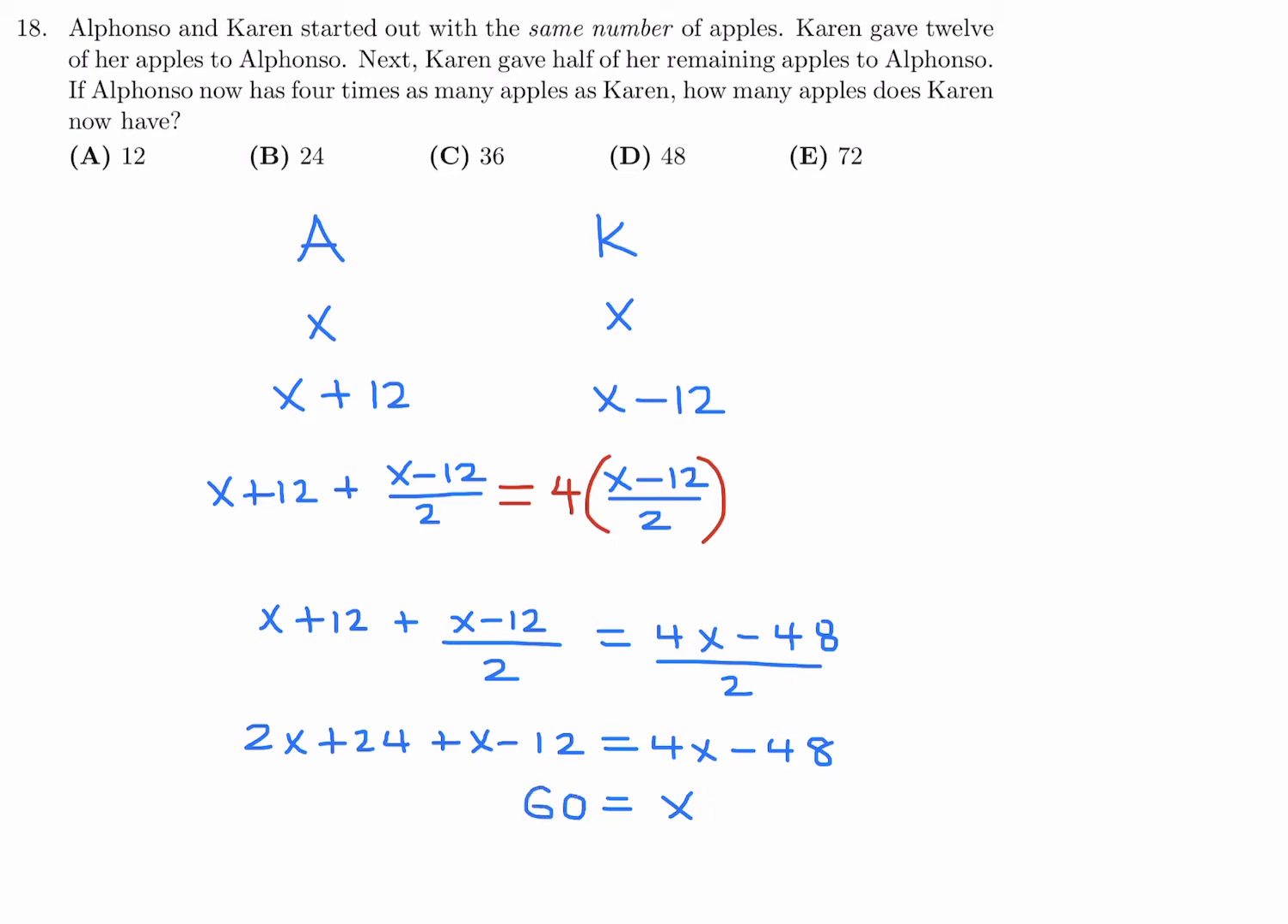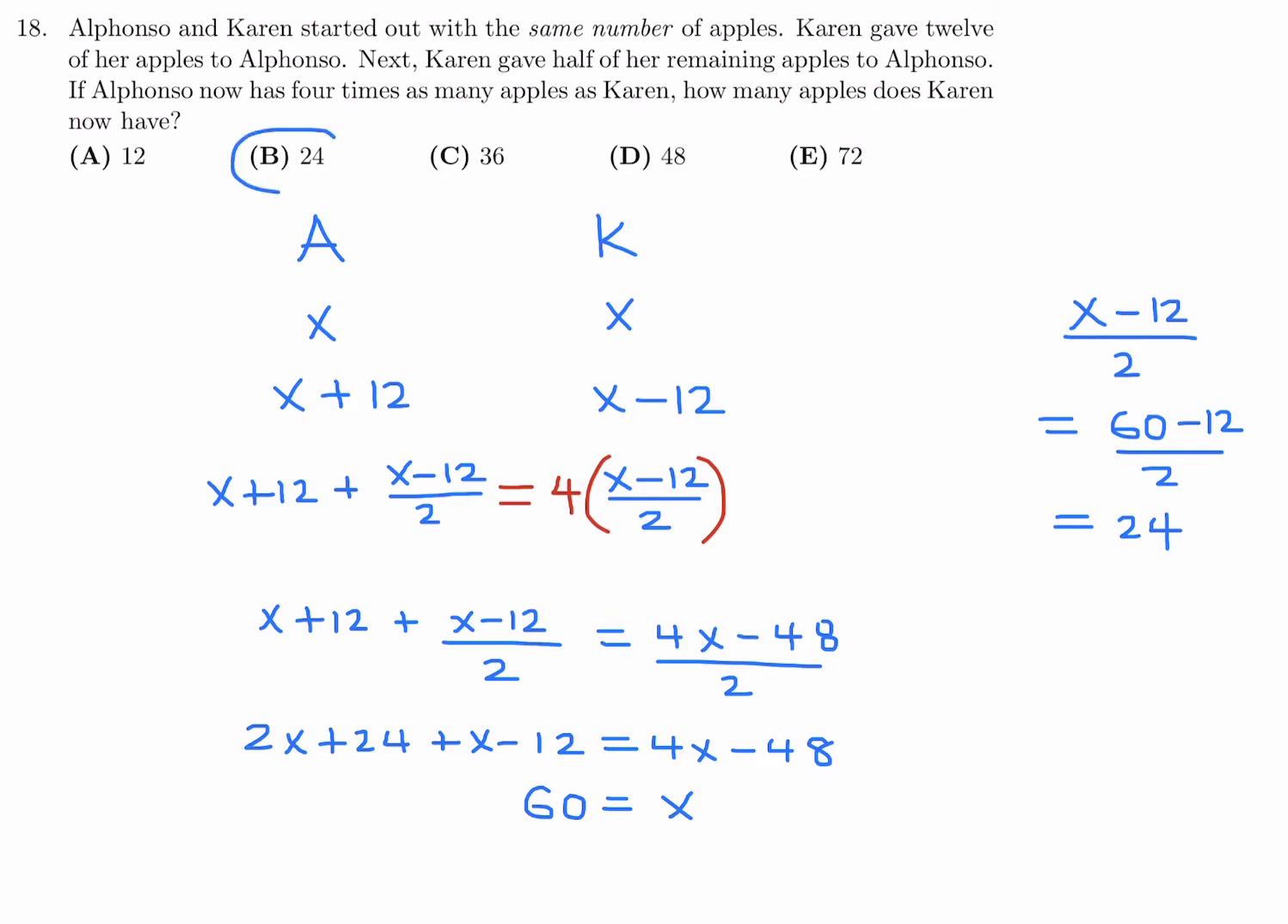So 60 is not even one of the answer choices. So I was about to say don't choose 60, but you don't have to worry about that. Why? Because they don't want you to figure out x. Well, they do, but what they're asking for in the end is how many apples does Karen now have? How many apples does Karen now have was this guy right here, (x minus 12) over 2. So (x minus 12) over 2 is what they want you to figure out, and that would be 60 minus 12 over 2, which is 48 divided by 2, which is 24. So the answer is